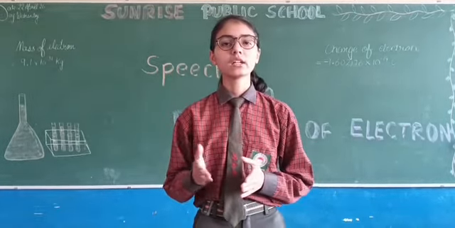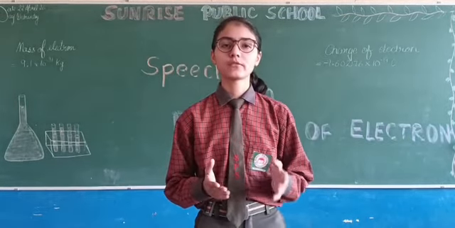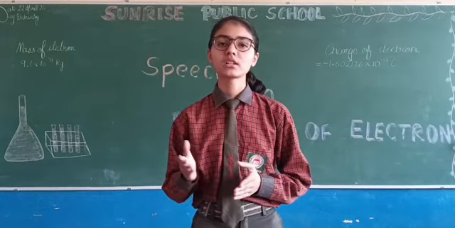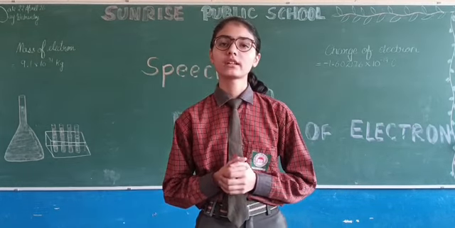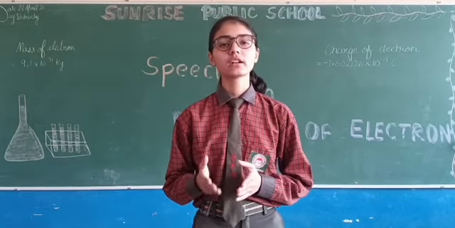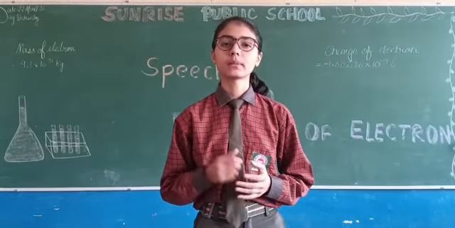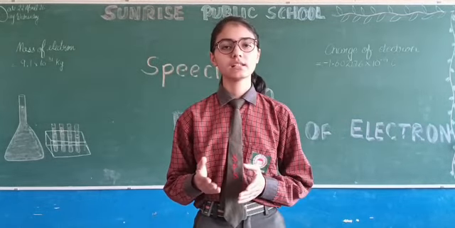Now, in the mid-1850s, many scientists performed experiments, especially Faraday. They began to study the electrical discharge in partially evaporated tubes, and these tubes were known as cathode ray discharge tubes. A cathode ray discharge tube is made of glass, which contains two thin pieces of metal which act as electrodes and are sealed into it.